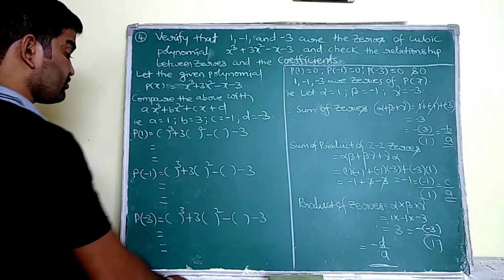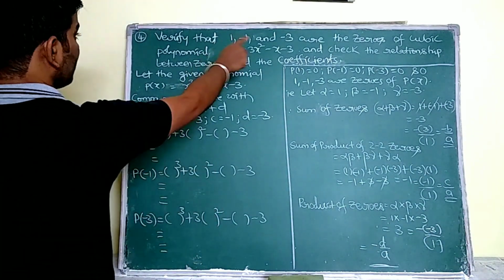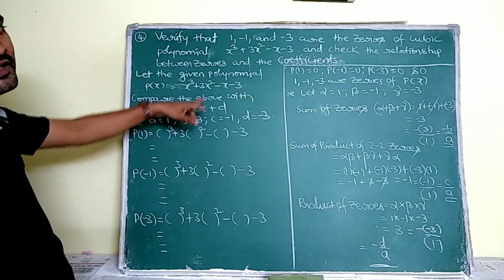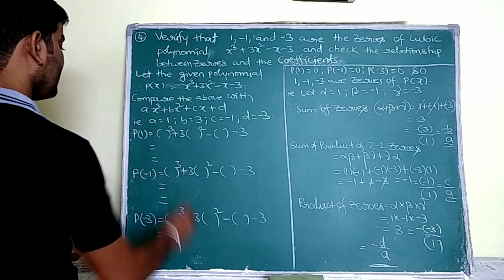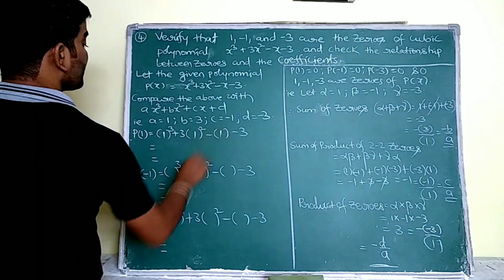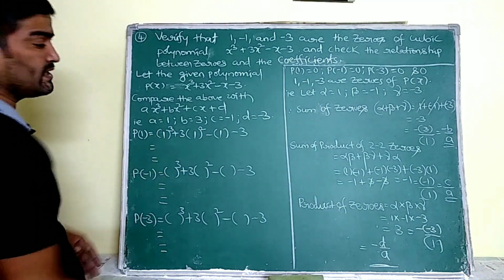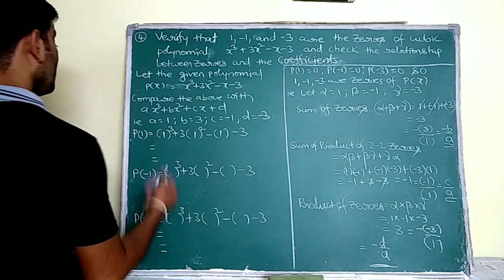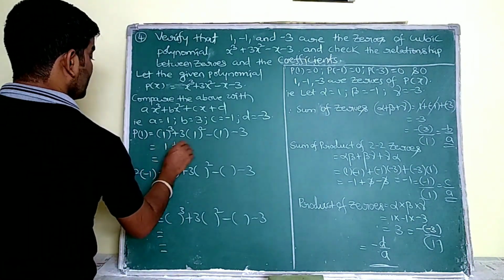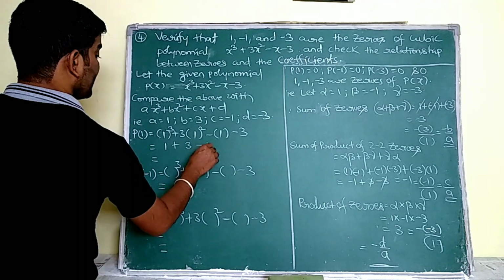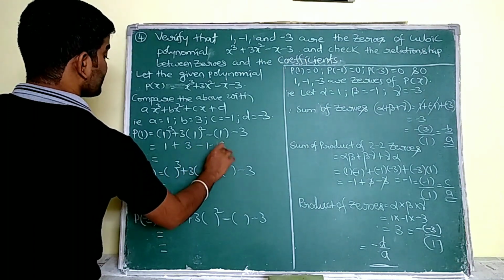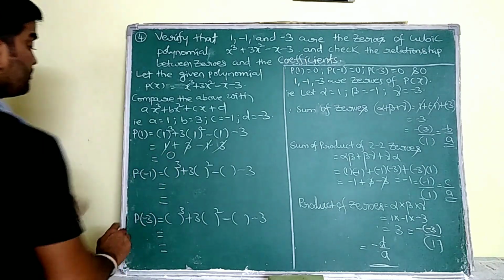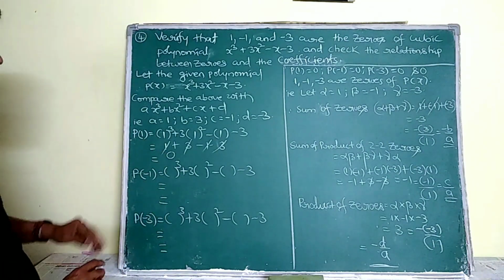For that I just have to substitute that 1 in the place of the variable. So firstly you have to write the polynomial with empty brackets, then fill in the ones. If you don't know how to solve this, then write directly 0. Why? Because definitely you are going to get 0. So see, 1, 3 into 1 square means 3, minus 1 minus 3. Plus 3 minus 3, and minus 1 plus 1 are going to be cancelled. So p of 1, we are obtaining the value 0.